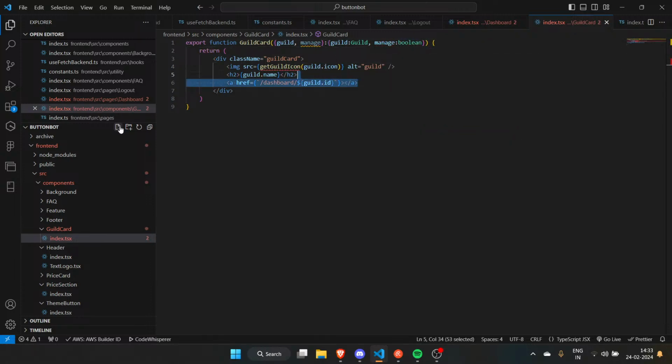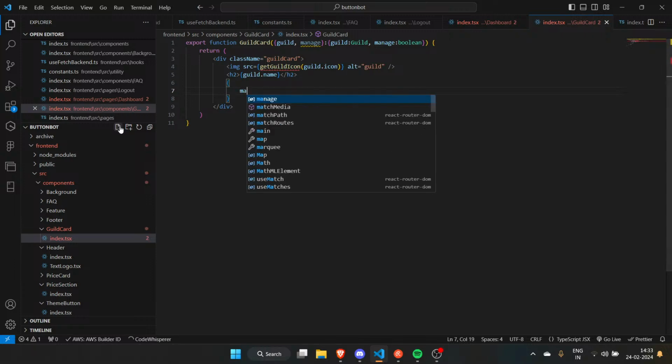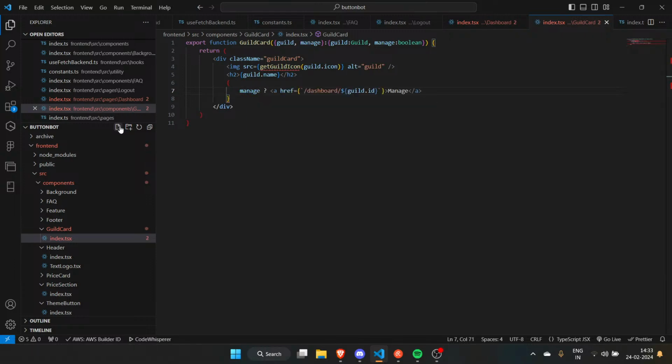So if it is a manageable guild, slash dashboard manage. Otherwise it is slash invite question mark guild equals that.